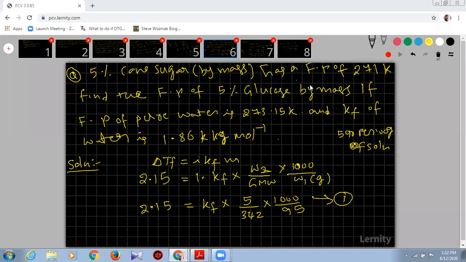So instead of dividing, can we substitute the value of Kf in the second equation? We can do that now, but we should avoid it while solving the problem. We should avoid the maximum calculations. That's why I put it like this. One substitute we can do, but it again leads to multiple calculations and a lot of time will get wasted. That's why I did it like that. Okay, I'll show the next slide.